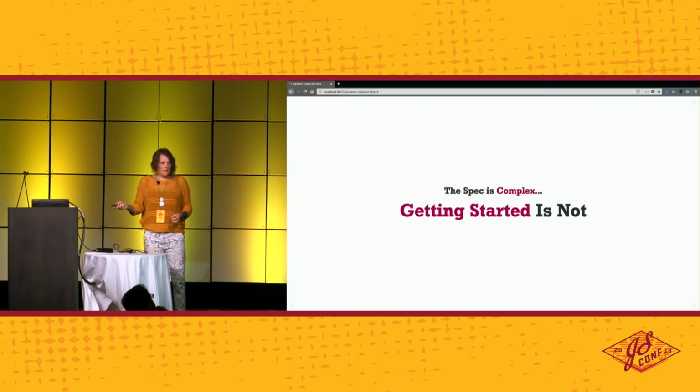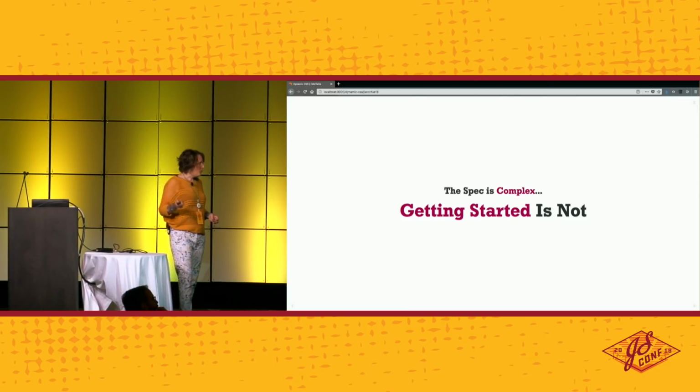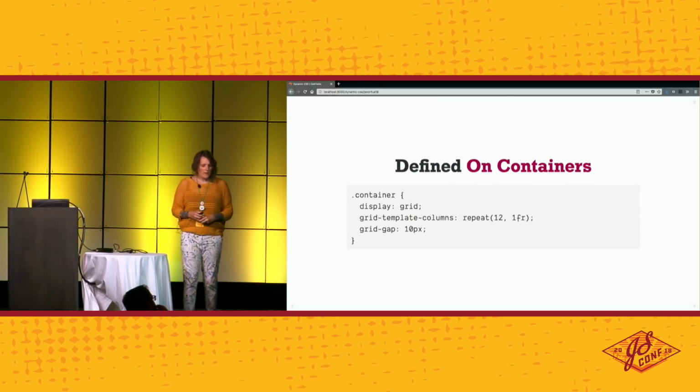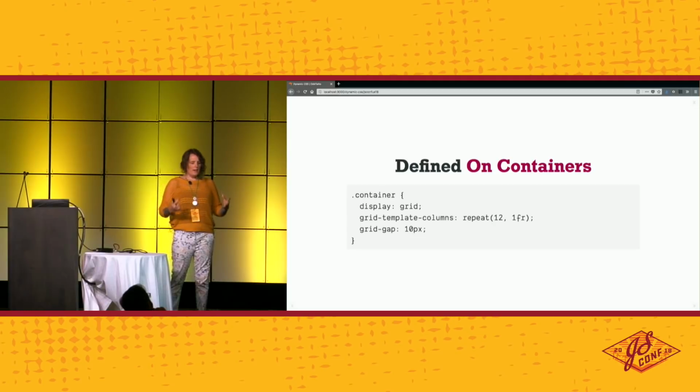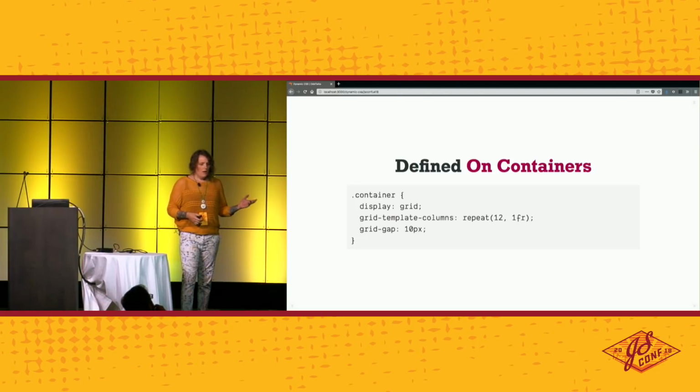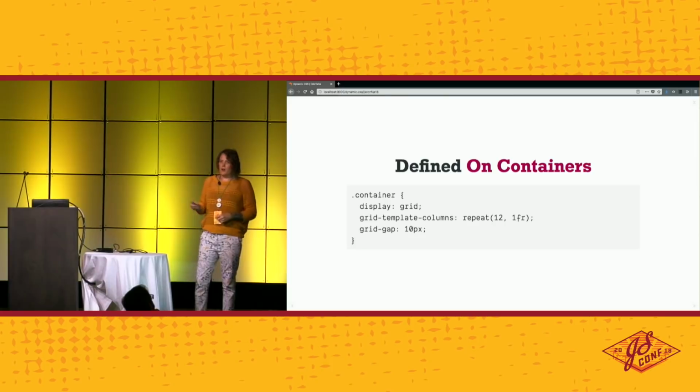Getting started doesn't have to be reading the whole spec. There's a lot of ways to get started very quickly. It basically looks like this. The grid is defined on the container. So you can say display grid. It's just a display property. You can define columns and rows. I only showed columns there, but our normal